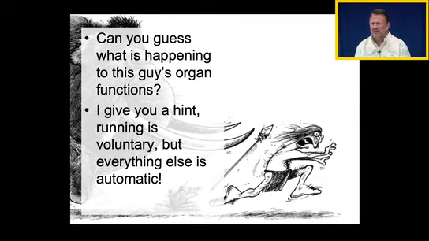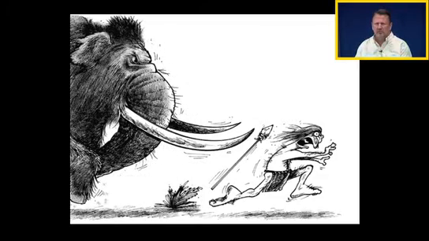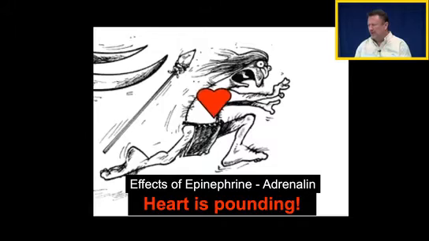Maybe the running is voluntary, but everything else that's going on that we're going to talk about is completely automatic. All right, so what's going on with his heart, with his eyes, with his bowels, with his lungs? What do you think's going on? All right, and her too. All right, so when we talk about the sympathetic nervous system response, really what